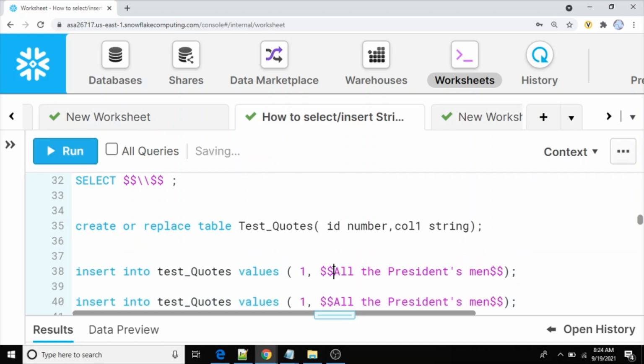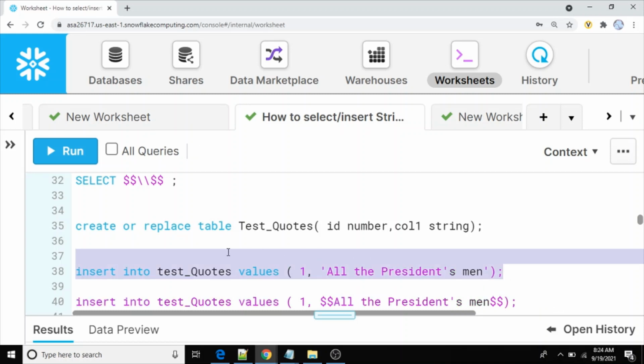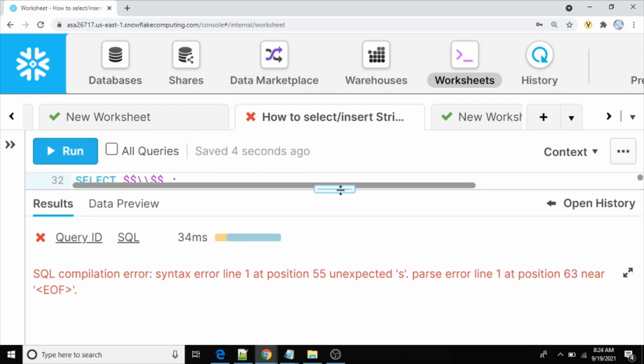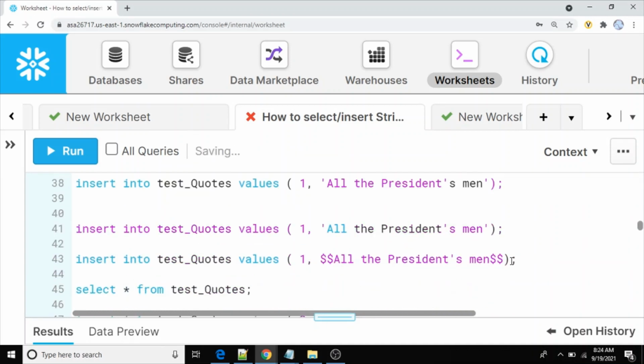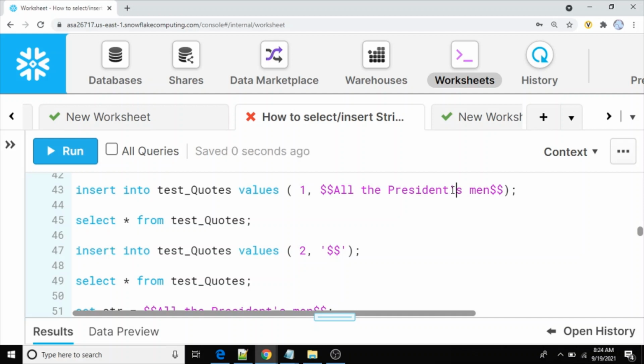without dollar dollar. Now obviously we will get the error. See here, I am going to insert without using this dollar dollar. So same, we got the error. Now if you want to overcome the same without using it, what you have to do, see, you have to escape them.